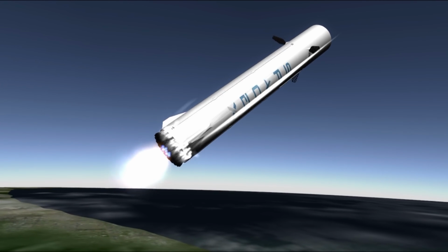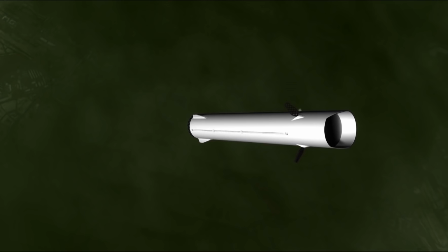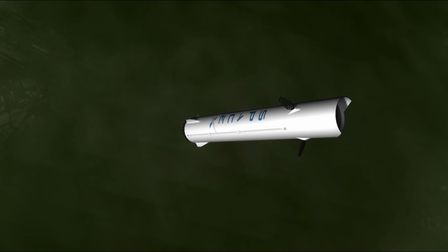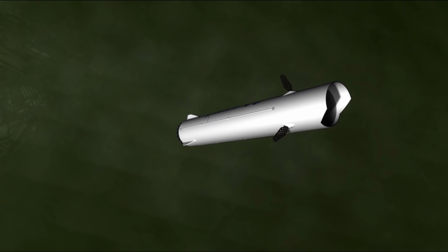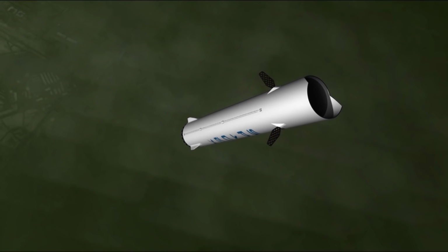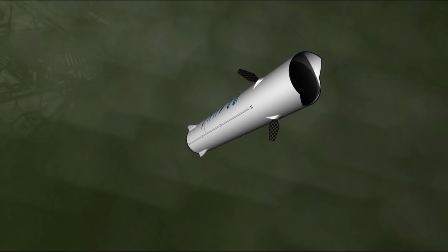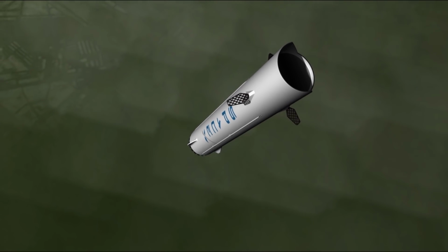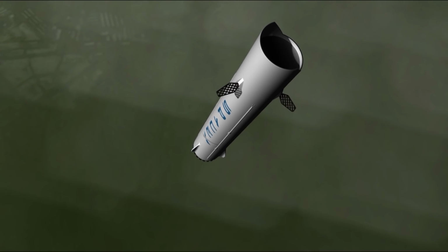It's then only going to fire the central cluster of 7 engines to wipe off this final velocity. These 7 engines are the only engines which will actually have a gimbal on it, and this basically meaning, of course, that the engines can dynamically tilt a few degrees in various directions to allow better pitch and yaw control of the booster when descending into land, and as well, of course, to provide better control in its original ascent and boost back burns. Speaking of landing, the SpaceX presentation shows the booster incredibly landing on the launch mount itself,